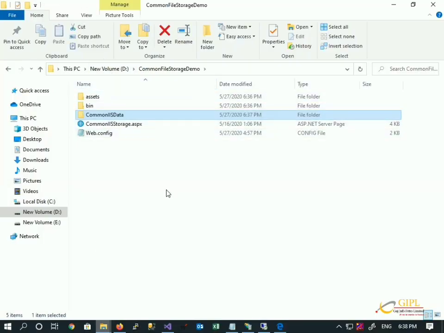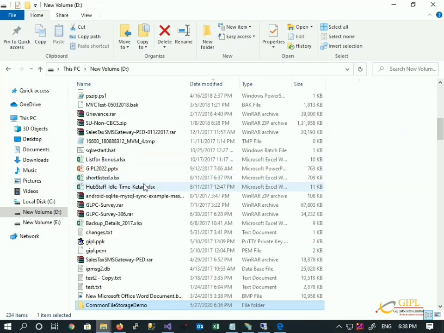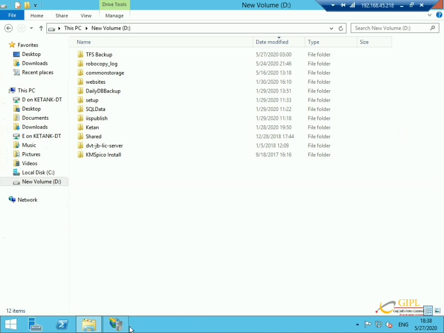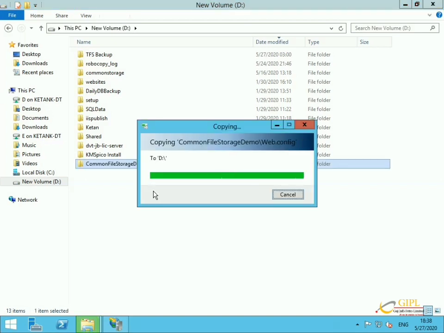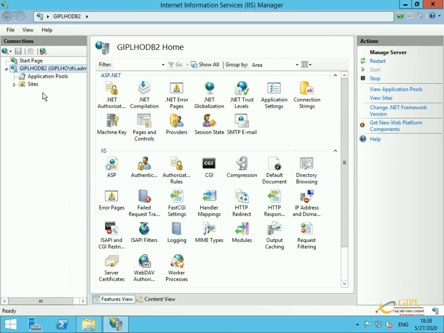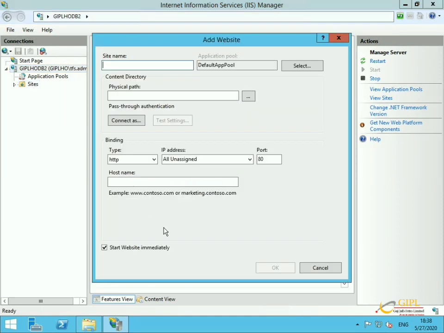The same code I want to upload on a different server. So I am moving to server 2, where I am pasting the same code. I am hosting the same code on a different machine, which we will call server 2. Site name again the same.